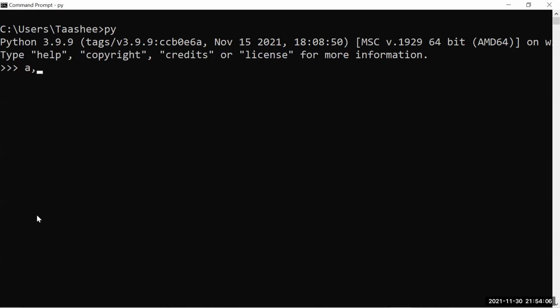We can also assign values like this: A, B, C, D equals 2, 3, 4, 5. If I press enter, it will be syntactically correct. If I print A, what is the value I'm supposed to get? 2. Exactly. So the values will be assigned in sequence: A is 2, B is 3, C is 4, D is 5.